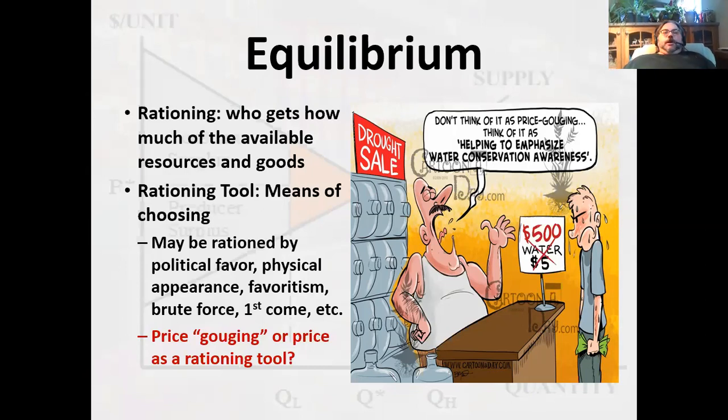This is because demand for the bottled water increased at every price. The demand curve literally shifted from its normal level to the right at every price. People were desperate for water, and they were willing to buy more bottled water regardless of the